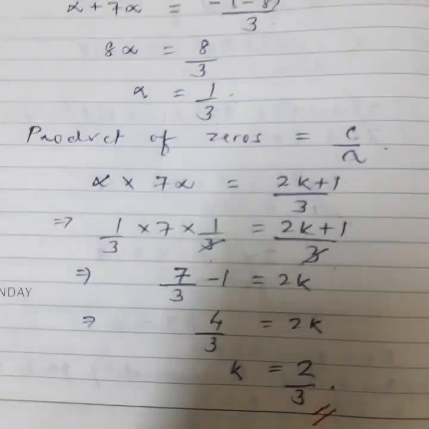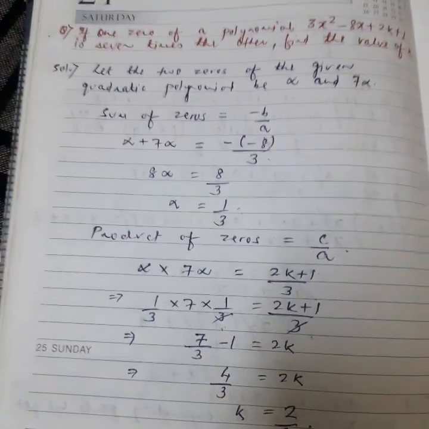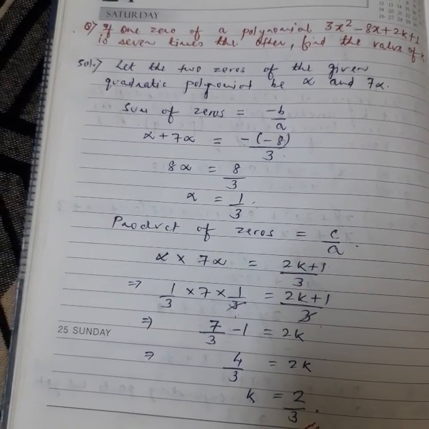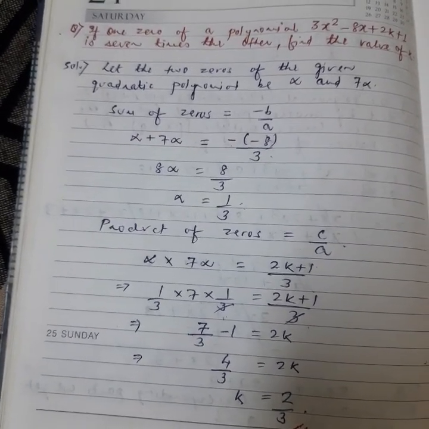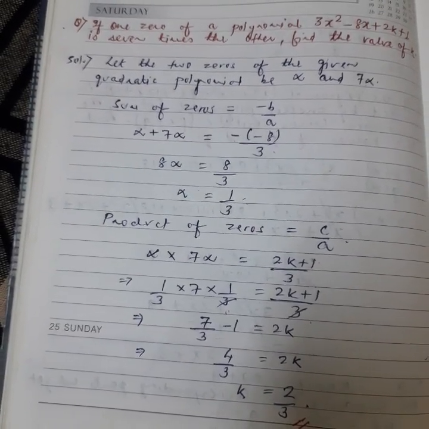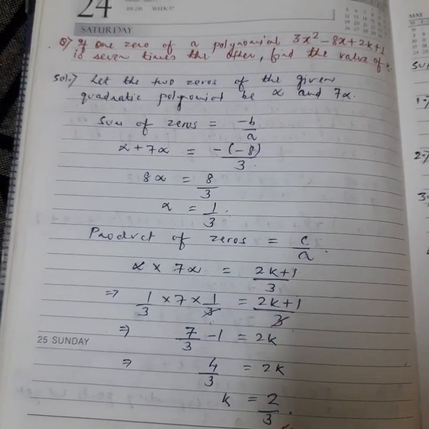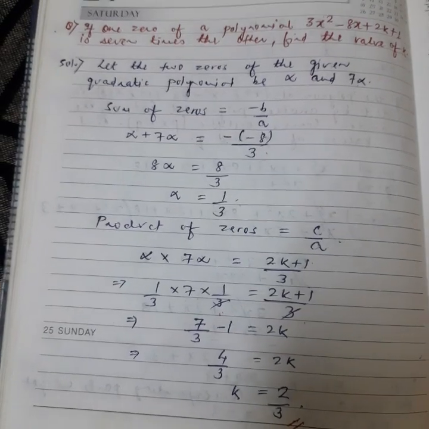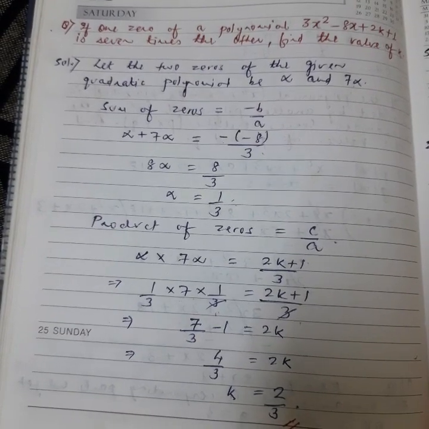So these three questions will help you in many varieties. Again and again I am saying, observe whatever questions are given to you in the videos once, twice, thrice. If you are very much confident, you can handle the questions by yourself: where to use the sum of the zeros rule, where to use the product of the zeros rule, or both the rules, long division method, division algorithm, finding zeros if one or two zeros are given. So all these things, revise carefully.